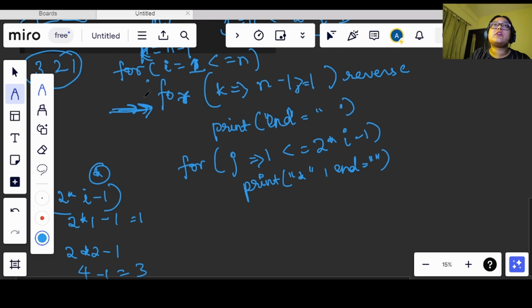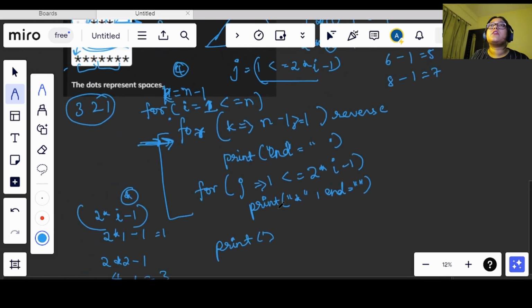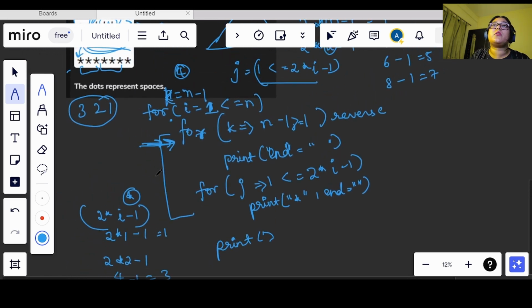And once this whole iteration is finished, before the new iteration of the I loop, we will change the line, and this is what we are supposed to do here.